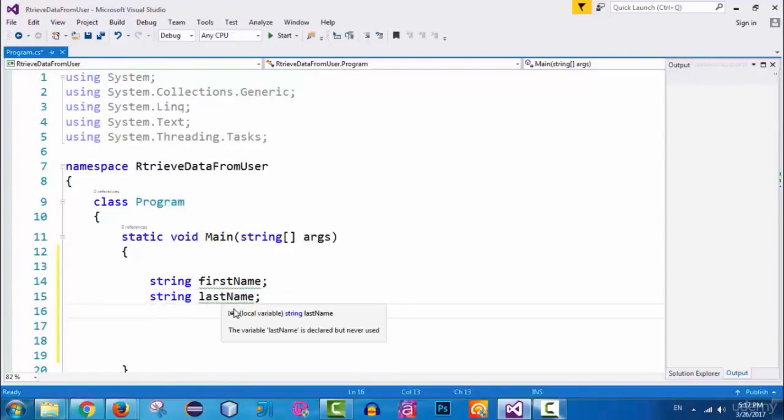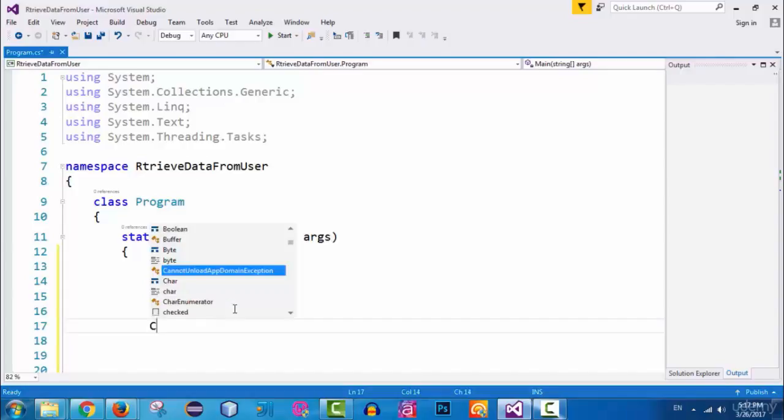After these two lines of code here, I'm going to actually retrieve data from the user. So let's see how we can do that. First, let's prompt the user in order to enter a value. So now I can actually just type in here console,